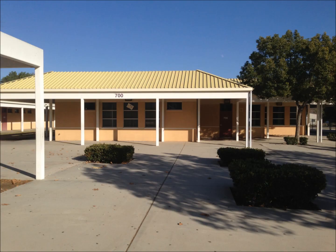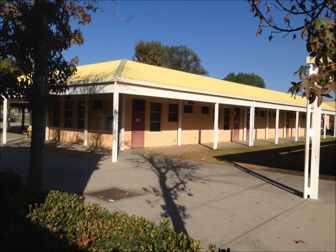Just north of the 600s building is the 700s wing. This building contains the English classes at the school. A bit more north is the 800s wing. This building has a couple English classes, and the rest of the wing is math classes. Slightly northeast of the 800s wing is the 900s wing. The 900s wing houses classrooms used mostly for electives, but also has a few math classes and the moderate severe